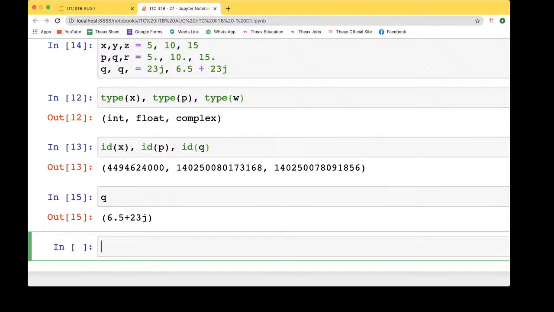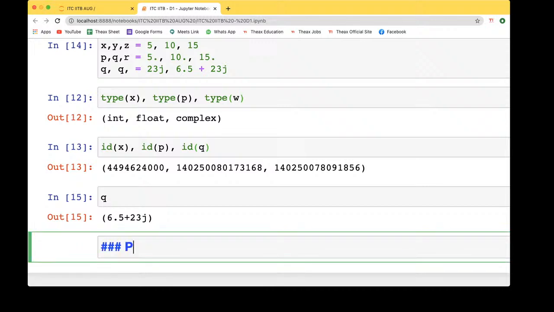Cool. So now we'll come to a different topic, right? These are the numeric types we are having. Similarly, there is one more type that we'll discuss at the end of the session. That is the random module, and that is very important. Okay, we'll discuss that at the end. Now we'll be going into some different data types. That is, we'll be going into the strings part. Okay, we'll try to understand the strings.